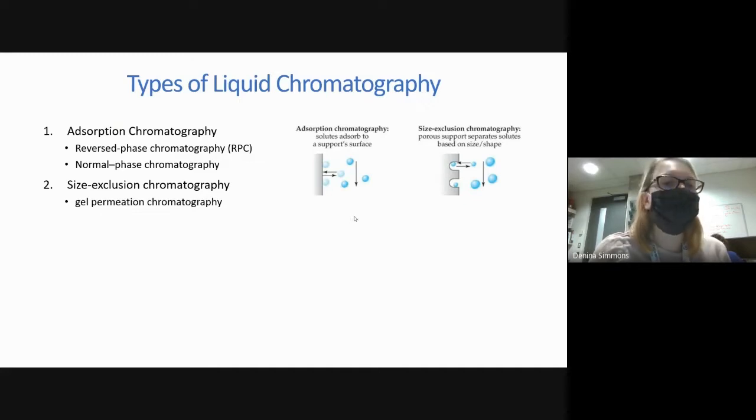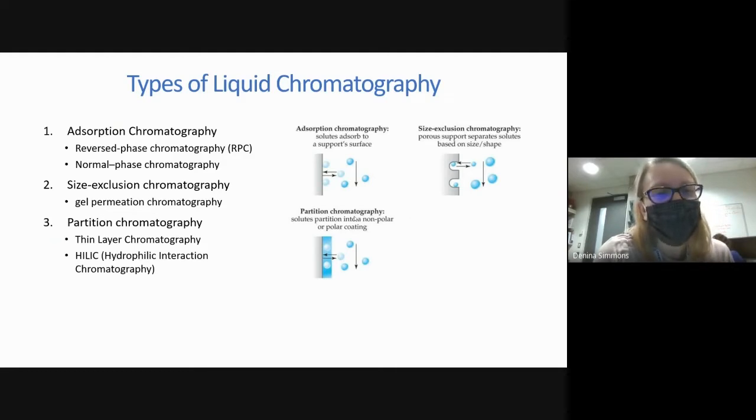I remember doing size exclusion chromatography with gels in these glass tubes when I was an undergrad, and it was actually one of the most memorable and fun labs I've ever done. I don't know why I liked it so much, but to get the gels out of the tubes, we had to take a little syringe and insert some buffer, and they would just fly across the room. I guess that's why it's so memorable, because it was 30 people in their 20s laughing their asses off with these little jelly-like tubes flying across the room. Anyway,